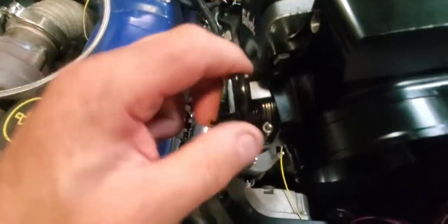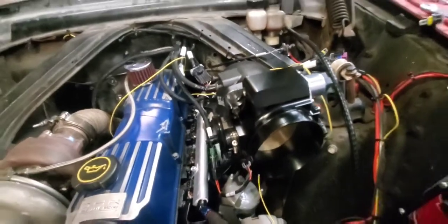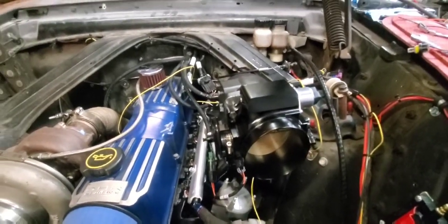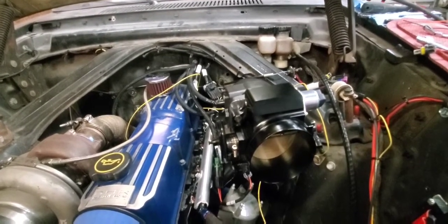So I have to clear that out, because it's kind of like a universal fit elbow. I mean, I think it can take a GM 3-bolt throttle body and a Ford 5-liter Mustang throttle body. So